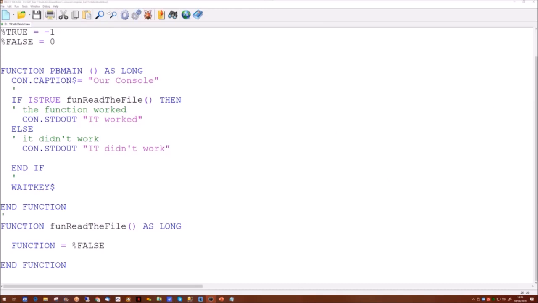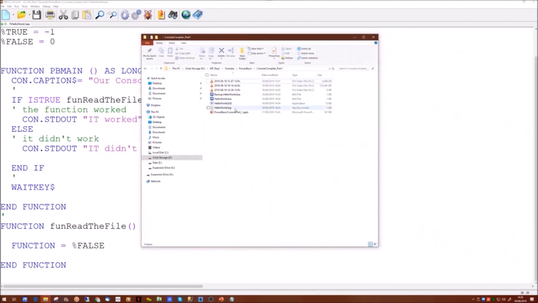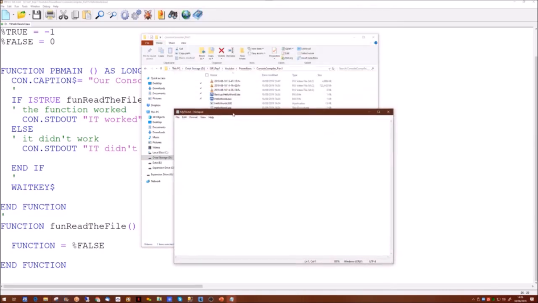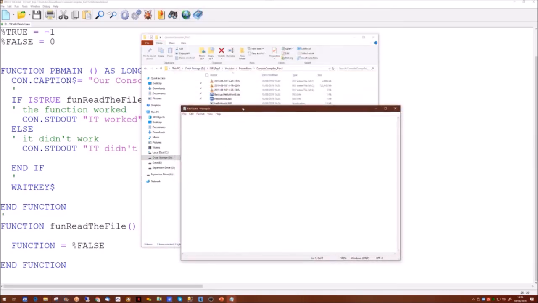So what we want to do is create a file in our folder, and we'll make it a straightforward text file called my file. Now this file is going to contain information. So what shall we put in this file?